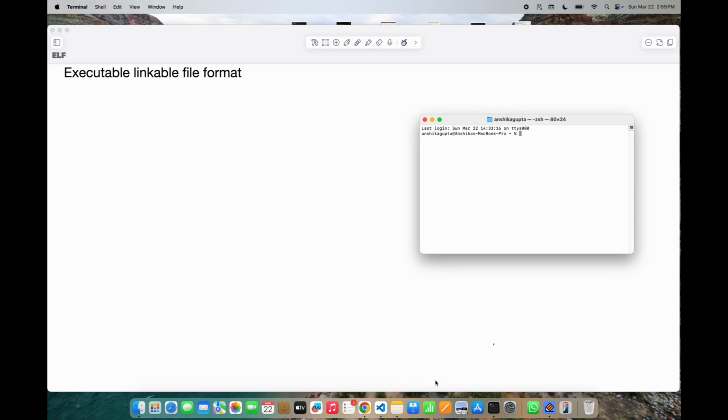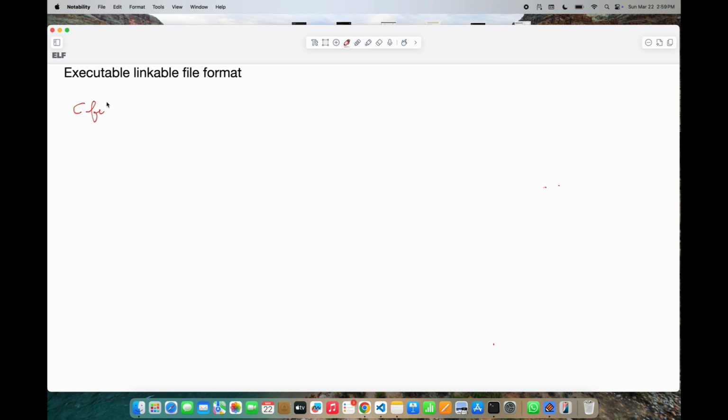Hello everyone, today we will be discussing what is executable linkable file format. So, executable linkable file format or the ELF format is something that is understood by an operating system to run a C file. Okay, you have a C file,